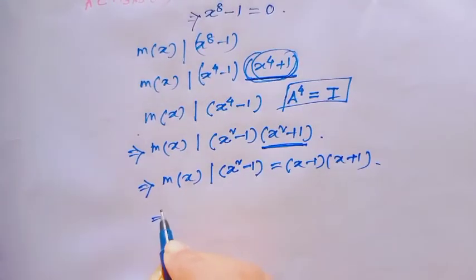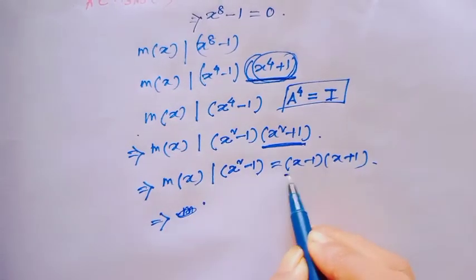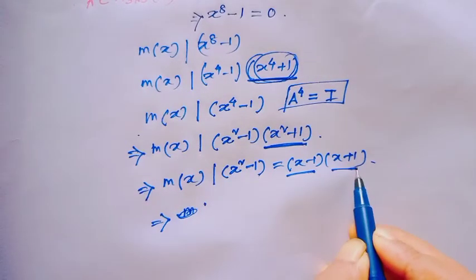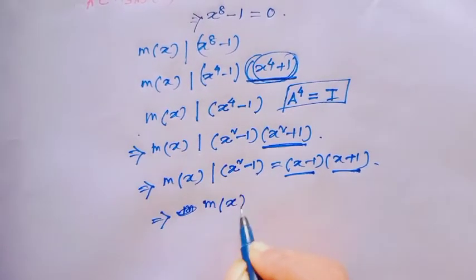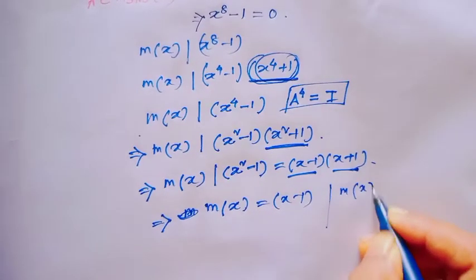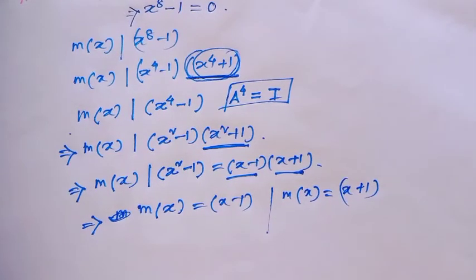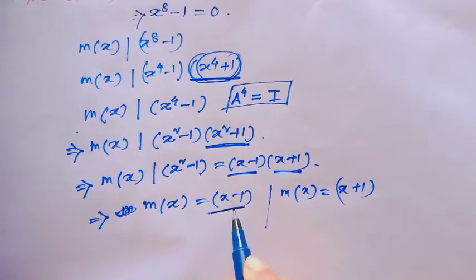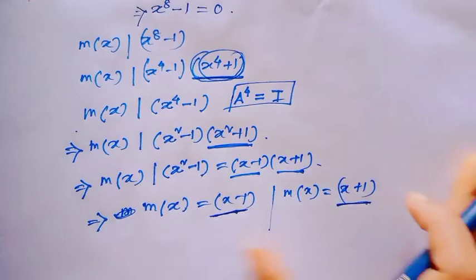Also, from this expression we can tell the minimal polynomial can be either x minus 1 or x plus 1. One possibility of minimal polynomial would be x minus 1, or one possibility from this expression would be x plus 1. Other possibilities are also possible, but if the minimal polynomial is x minus 1 or x plus 1, then